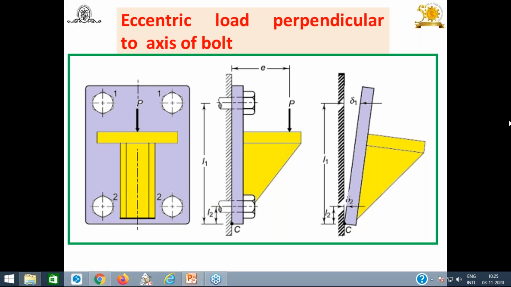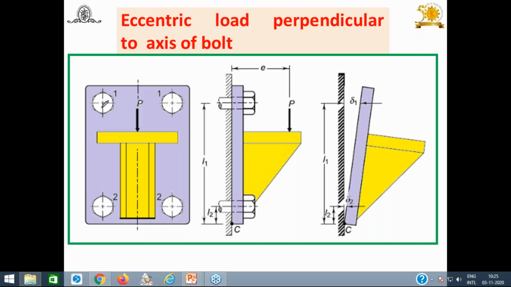What you have to do is always shift the load to the center, and because of that the direct load is going to act on the bolt, and along with this a couple is going to act on it. Because of the direct load, shear force is going to act on it, and because of that shear force primary shear stresses are going to be induced in it,